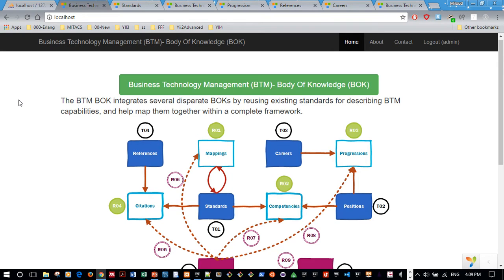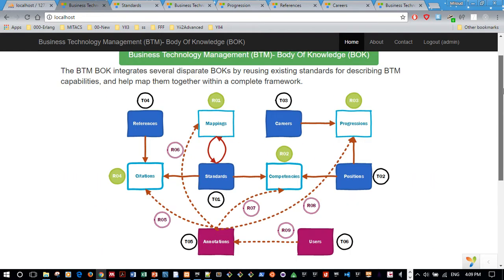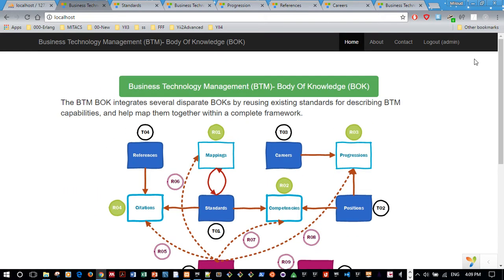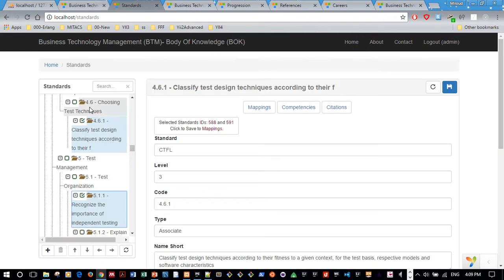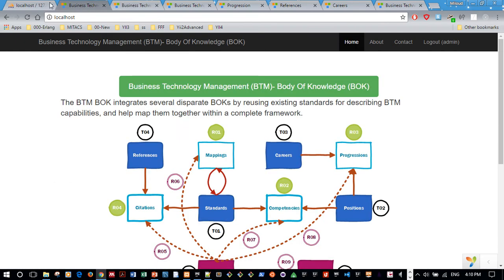Hi, I just want to give a small update. As you can see, we are in the main page. The last update was that when we select two standards, as you can see here, we are able to grab the information and save them to mappings. And what we added is that we finished this part,